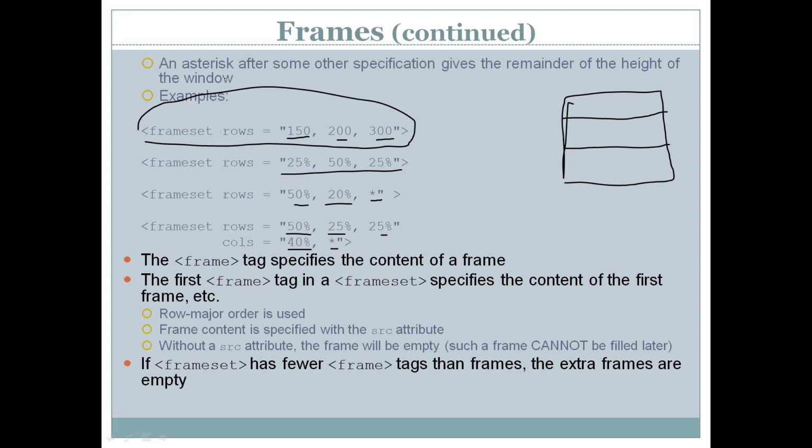You are dividing the window, you can see the window is divided. Now how to display a document in every section? Now we have created sections, but how is a document displayed in this? To display a document in every section, we use one more tag called the frame tag.